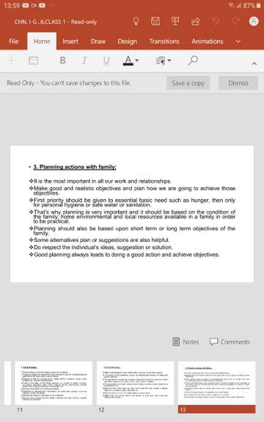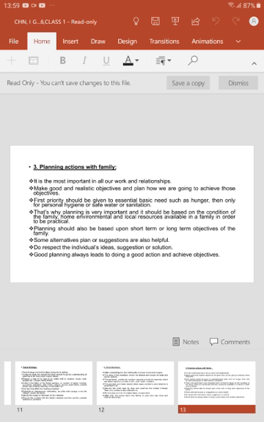Planning should always be based upon short term or long term objectives. So when you are planning, it should have good aspects with both long term as well as short term objectives. Within a few steps itself it should recover, and only then can they trust you. We take a small thing and, within a few steps of nursing care services, or by counseling or education, we can solve the problem. Take that first, because the people have to trust you. Make it trustworthy.